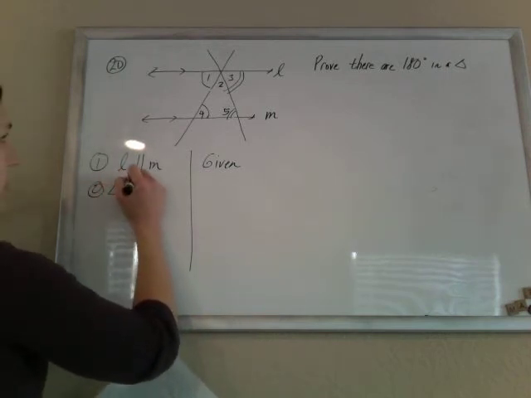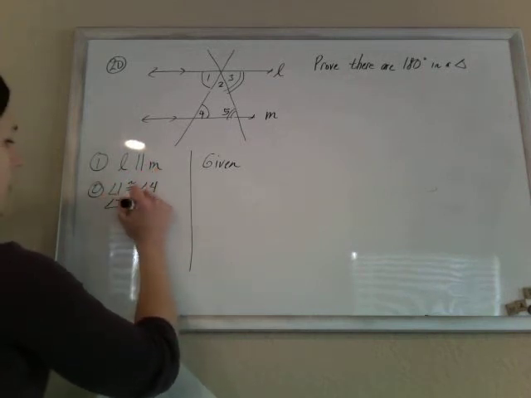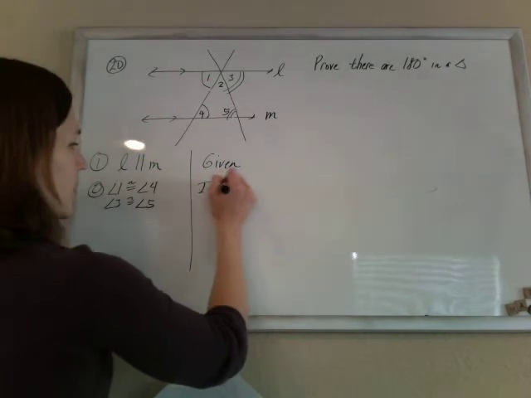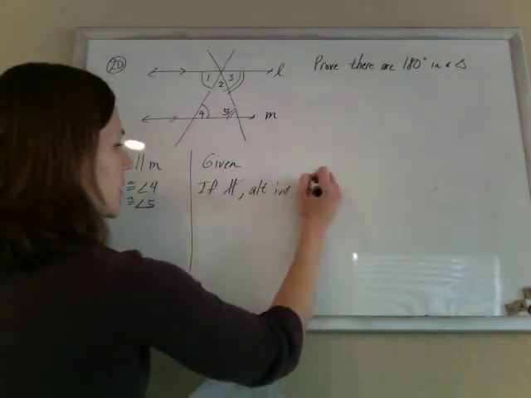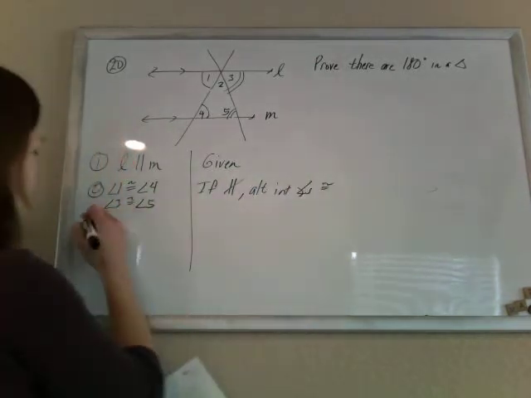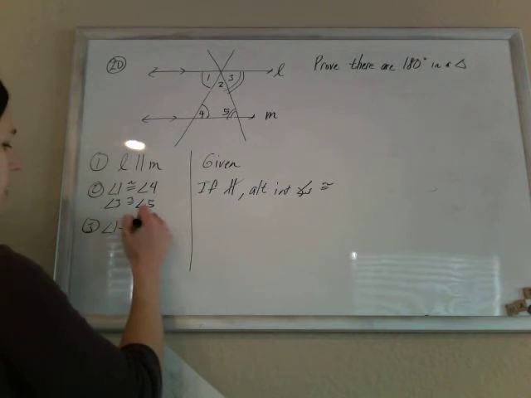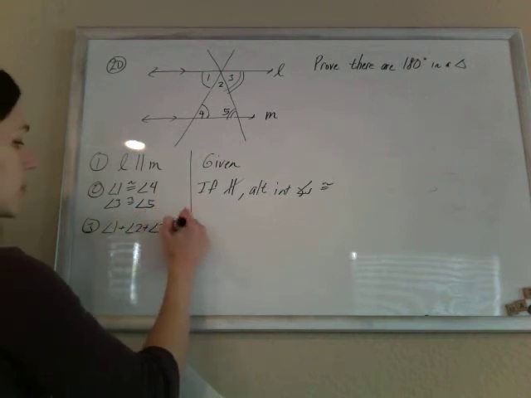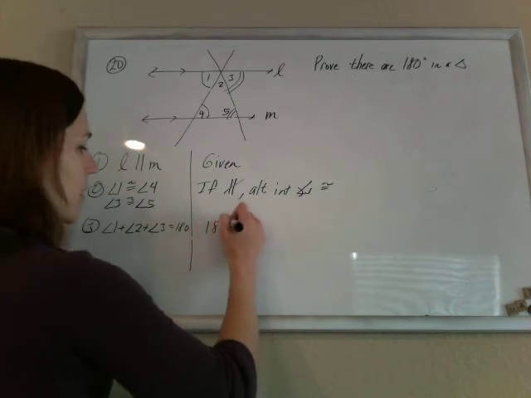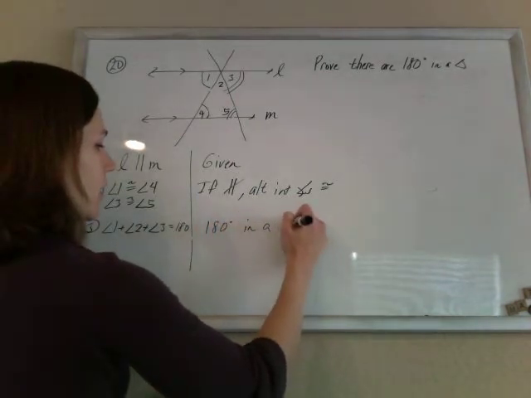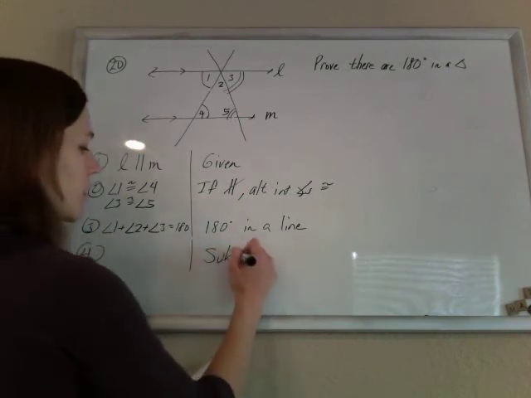So we said angle 1 was congruent to angle 4, and angle 3 was congruent to angle 5. And that's because if parallel lines are cut by a transversal, alternate interior angles are congruent. And then I also know that angle 1 plus angle 2 plus angle 3 should be 180, because there are 180 degrees in a line. And now, by substitution,